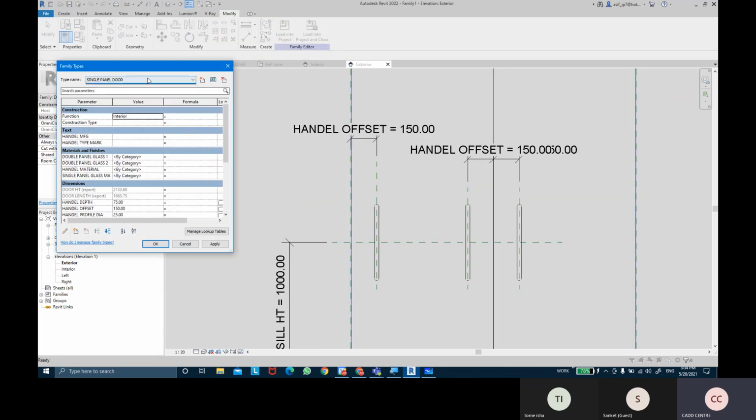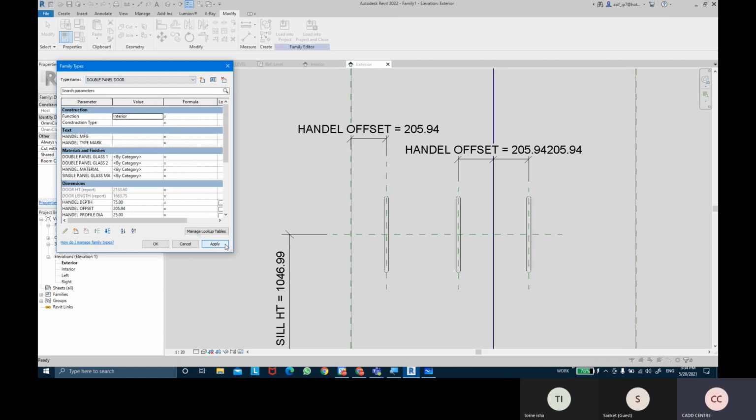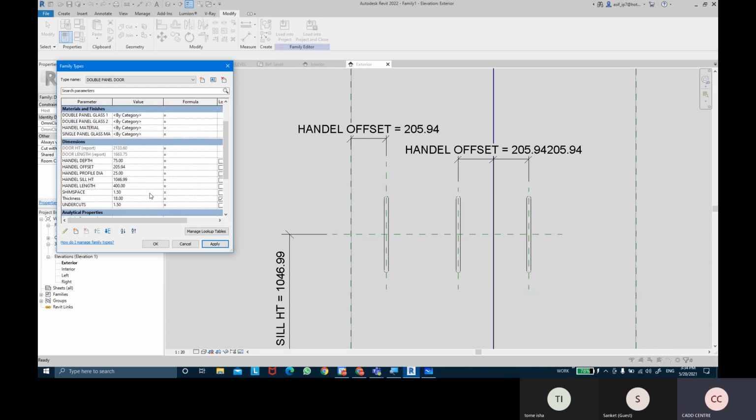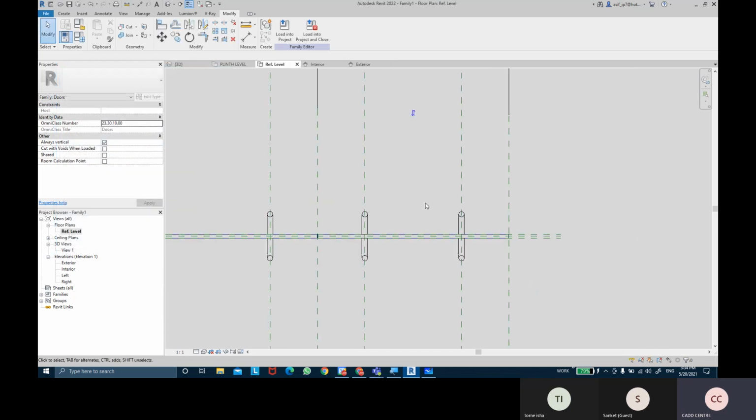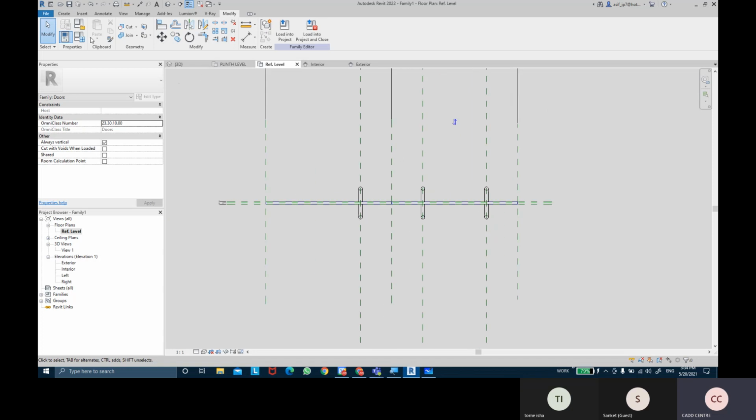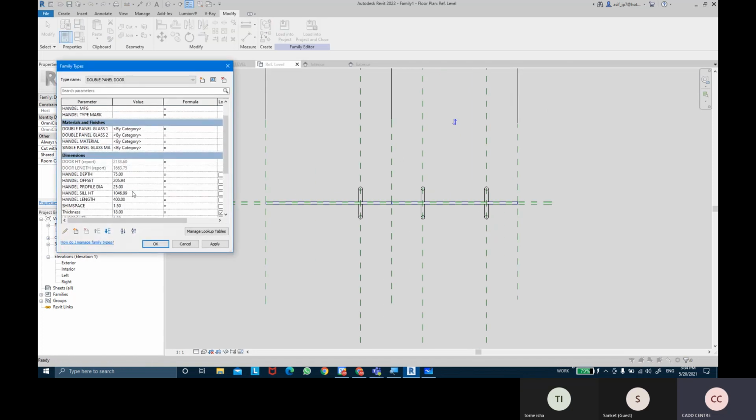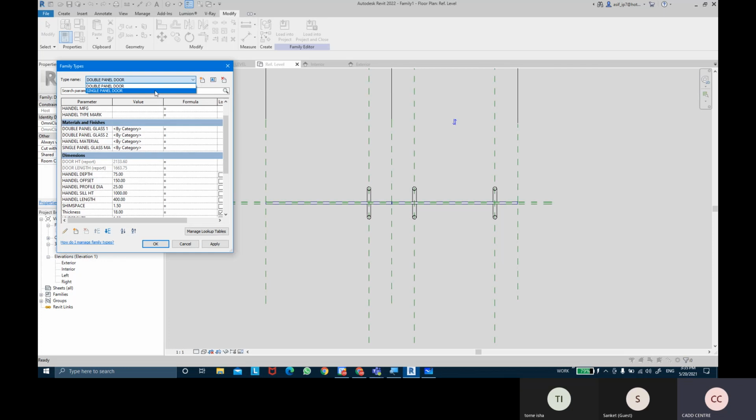So now if I switch this to double panel, somewhere it's flipping. Maybe it's because of the offsets. Let's check the offsets. Yeah, the handle sill height in the double panel is supposed to be 1000, and that's supposed to be 150 at least for the double panels, and even in the single panels it's the same. So now it's perfect. In single panel and in double panel they have the same offsetting distances,